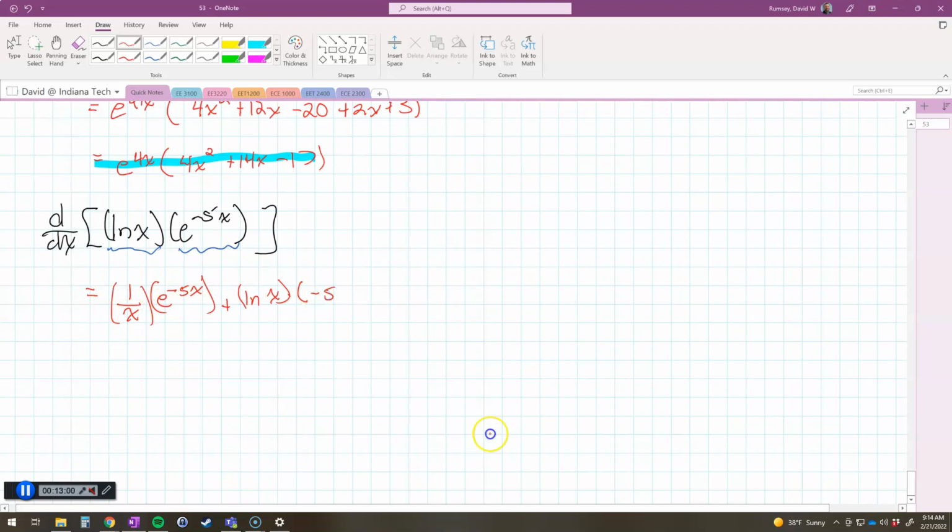And then I'd have negative 5e to the negative 5x. The reason it's good to put them in parentheses here is that there is a multiplication going on here. It's not subtraction, it's multiplication. So if we were to do a first little simplification step here, we'd have e to the minus 5x over x minus the natural log of x, minus 5